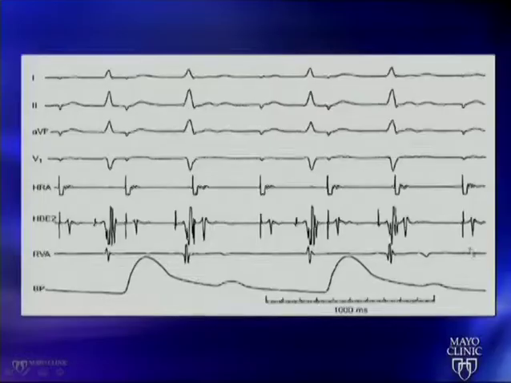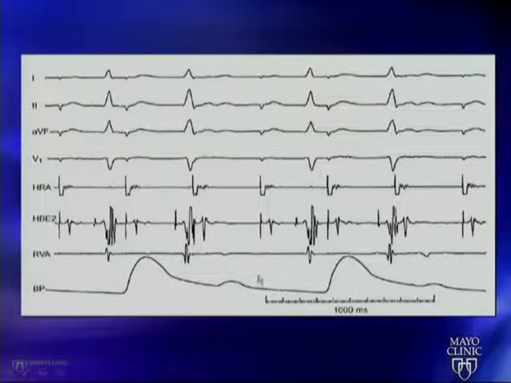Now take a look at this here. So, a typical kind of tracing you could get in the boards. Look up here, and you'll notice there's some irregularity. You look down in the electrograms, you see a pacing spike. The pacing spike is followed by an atrial electrogram, then the His, and then the ventricular electrogram. Again, you just find the QRS and draw a line down. You'll know which are the ventricular electrograms. So you see A,